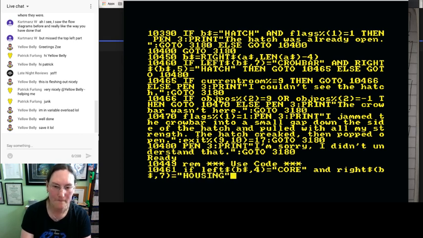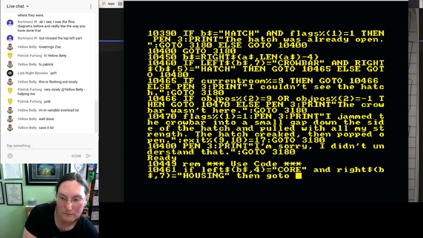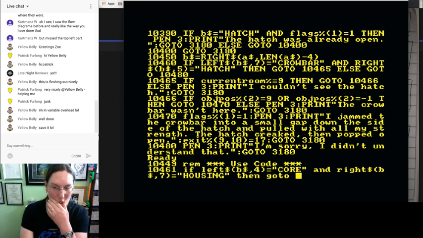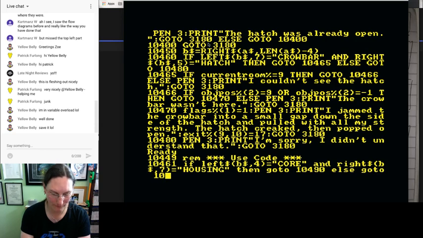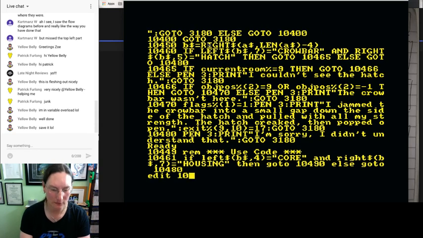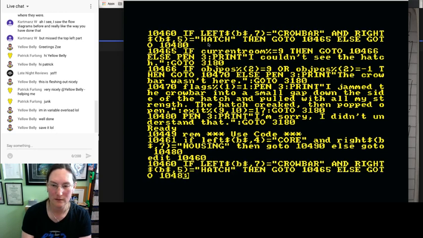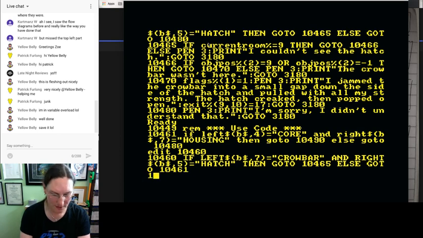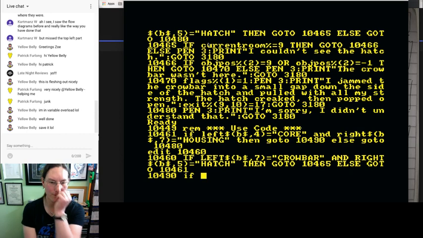Equals housing and go to 10490, else go to 10480 and edit 10460 because now we have an extra thing for it to check. So 10490 if